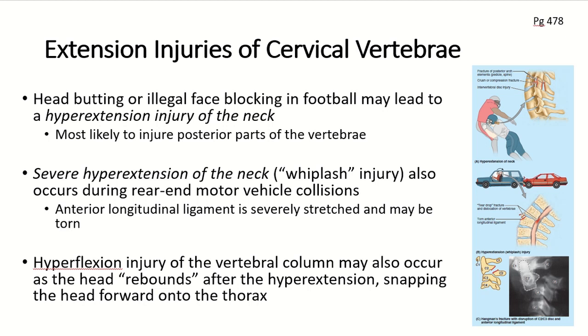The severe hyperextension of the head on the upper neck may also produce cervical spondylolisthesis, or Hangman's fracture. That could also rupture the anterior longitudinal ligament as well as the adjacent annulus fibrosus of the C2-C3 intervertebral disc. In some cases, if it's really severe, the cranium, as well as C1 and the anterior portion of C2, which is the dens in the body, becomes separated from the rest of the axial skeleton, and the spinal cord is usually severed.